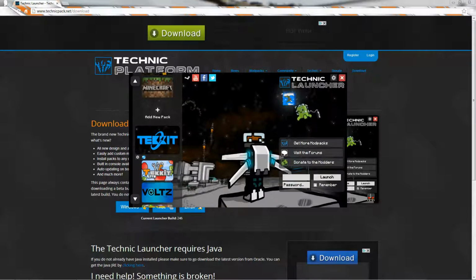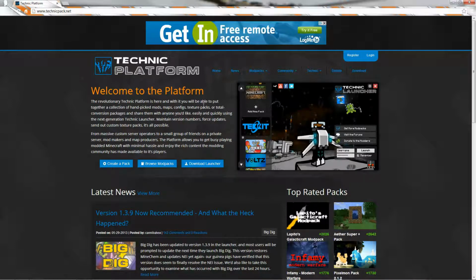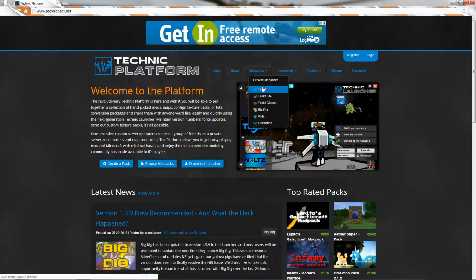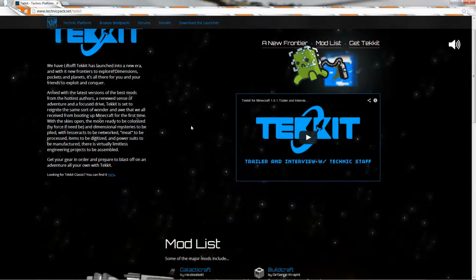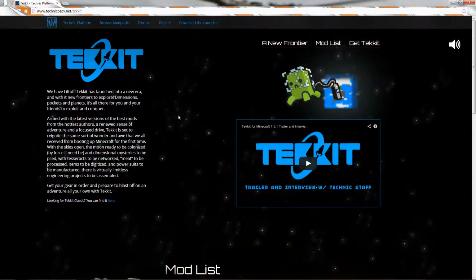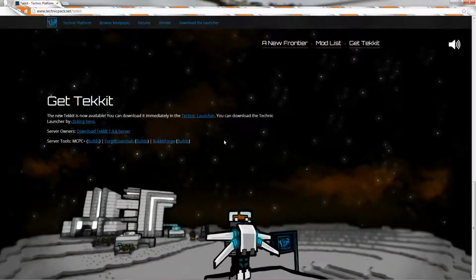So now, in order to get a server, you go back to your Technic pack thing. If you go back to the home page here, you go underneath the Mod Packs tab, click on Tekkit, and you will hear some sound, which is different. I don't think they've ever had sound on any of theirs, and it's a pretty cool and well-designed website. Now, if you scroll down to the very bottom, or if you hit Get Tekkit, which will take you to the bottom of this page, you will see the launcher,